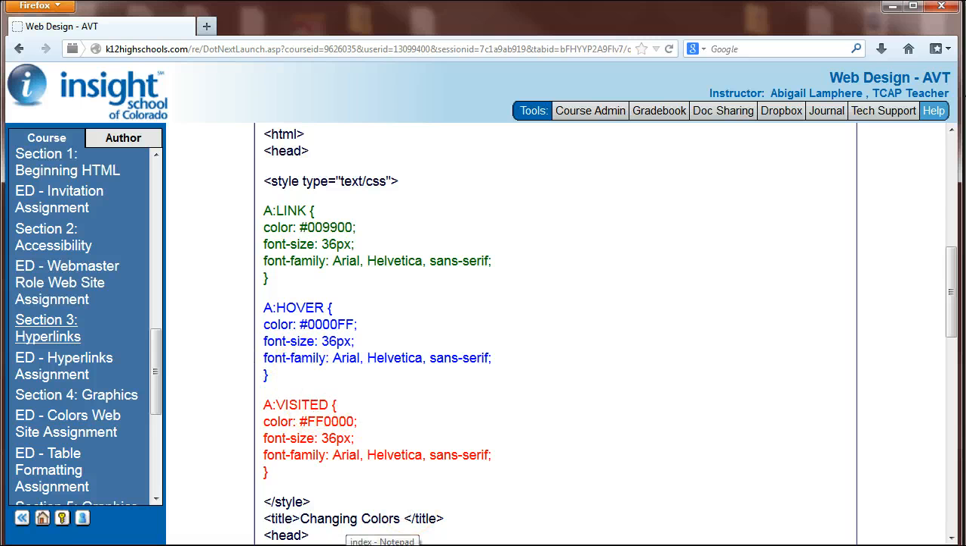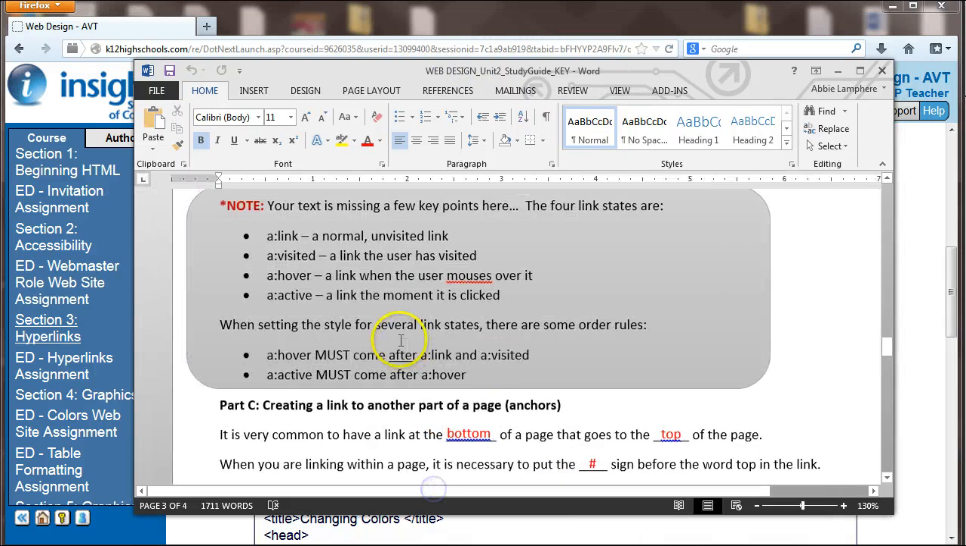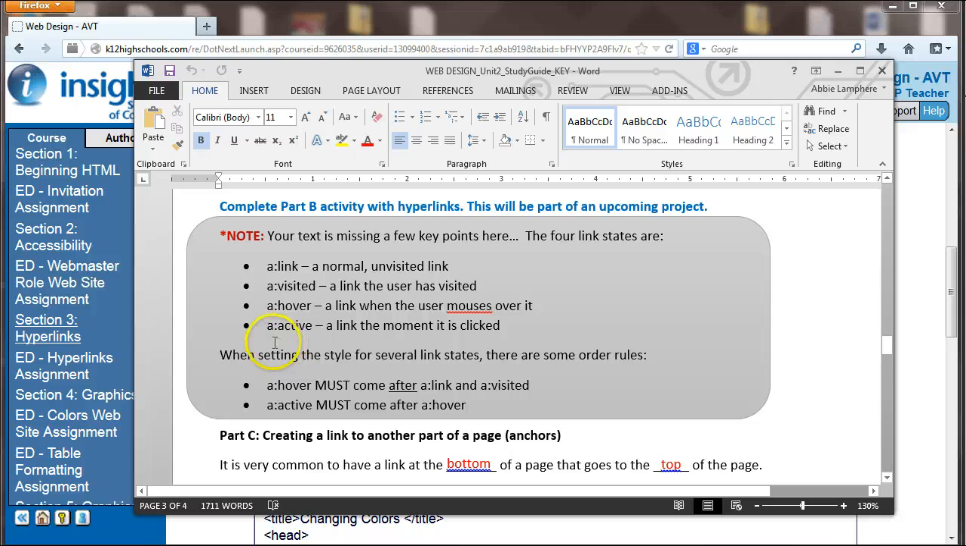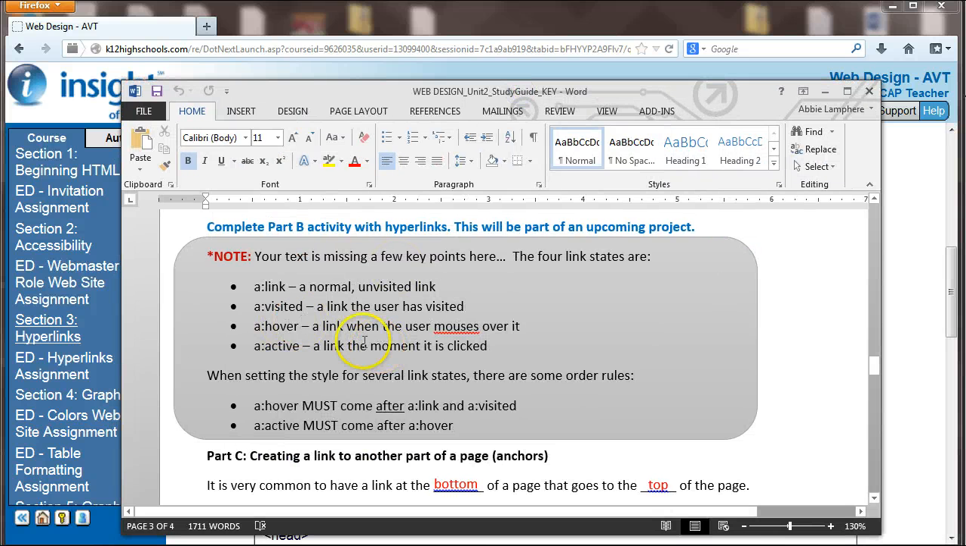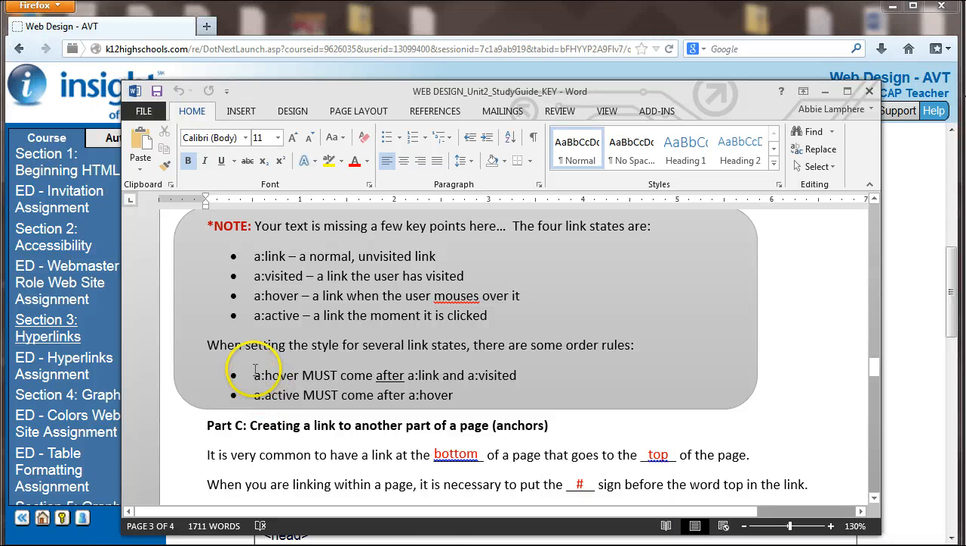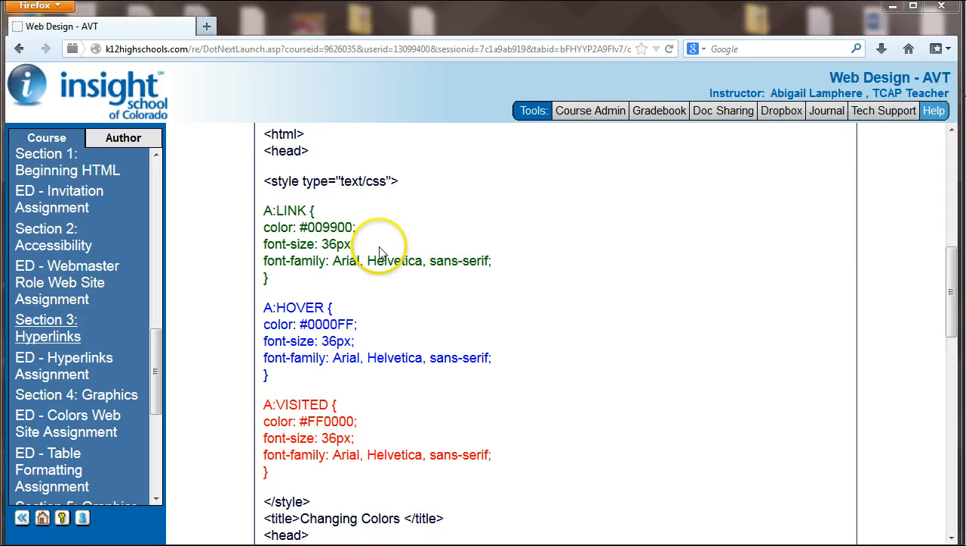they've already visited. So we're getting to a point where I found an error in your text, and if you have the Unit 2 study guide open, I refer to that error in your study guide. Because this took me quite some time to figure out, because I could not get it to work for me. When I copied and pasted this code directly from your text, it was not working, and so I did a little further research and I found that when you are applying these CSS styles, a:hover must come after your a:link and your a:visited styles. So when we copy and paste this, we're going to want to make sure that we put a:hover after